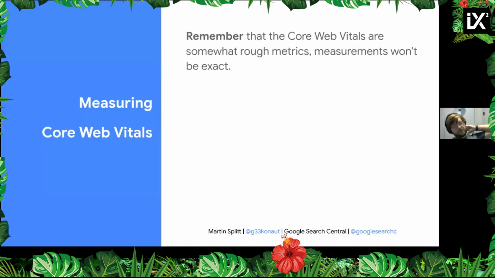First things first, when it comes to Core Web Vitals, remember these things are not like temperature measurements. They are more like a weather forecast kind of situation, where you're looking at a radar picture and going like, I guess it's raining over there, looking at the cloud density and the radar echo that we're getting here. It's not an exact measurement. It will always jiggle a little bit, but you need to look at historical data and see like, okay, so